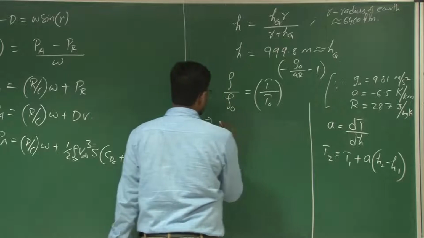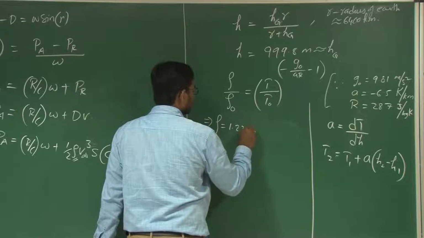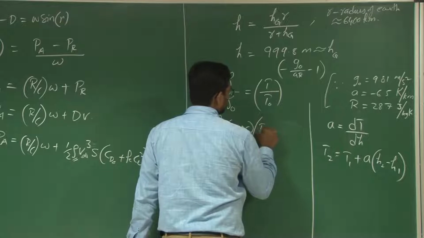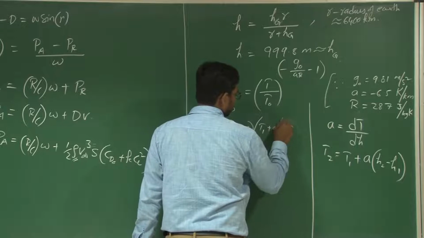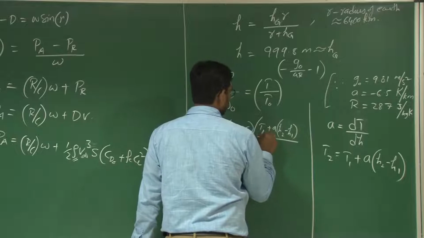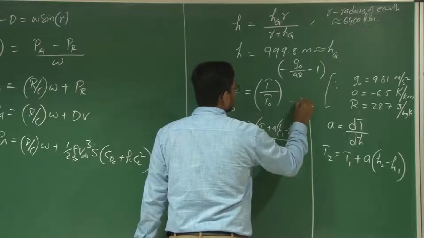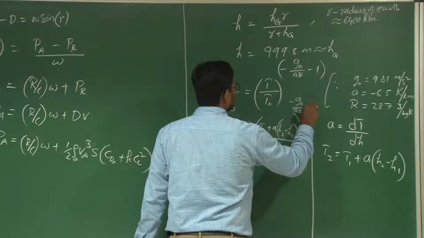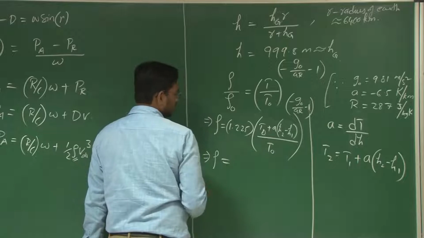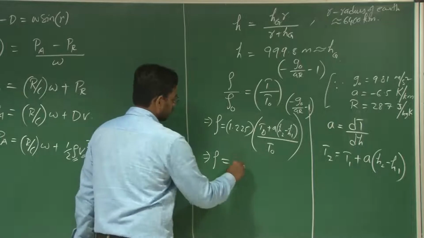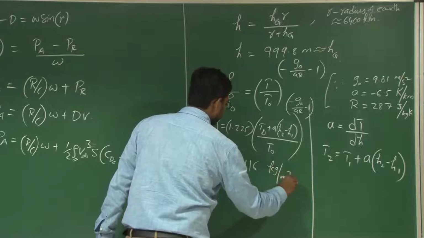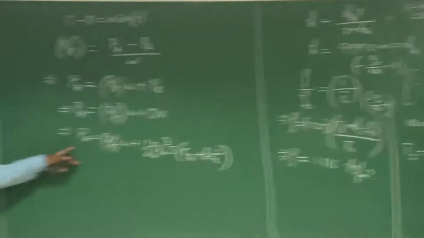Now, rho is 1.225 into T1 plus A into H2 minus H1 divided by T naught, raised to minus g naught by A R minus 1. If you solve this, the density at 1 kilometer turns out to be 1.116 kg per meter cube. Now, substituting this density in this equation,